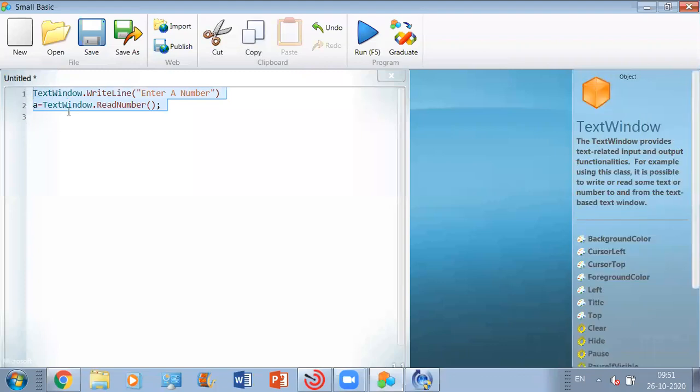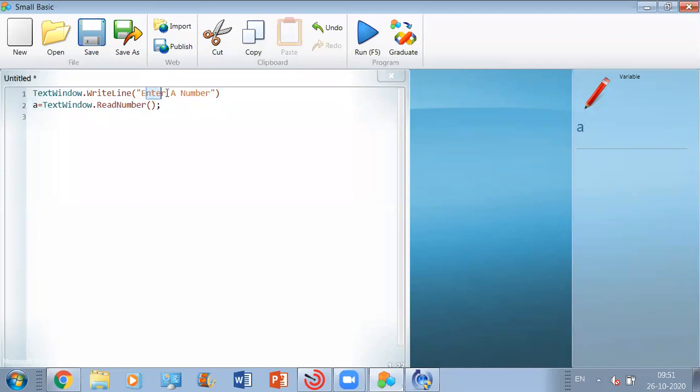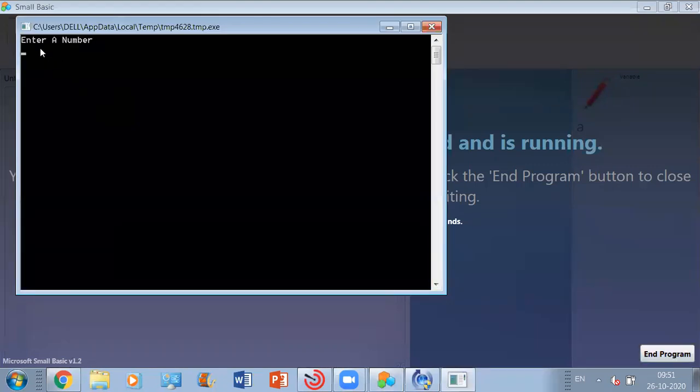Now I am copying. So, I have written 2 lines of statements on this edit window. The first one is TextWindow.WriteLine, enter a number. So what is the output that we are going to get? Just a second. I'm getting an error here. Why am I getting an error? Okay, I've placed a semicolon. So this is what we are going to get as an output. Now if you come across a screen like this, where a text like this is getting reflected, what will you do? Can anyone tell me what you guys will do?